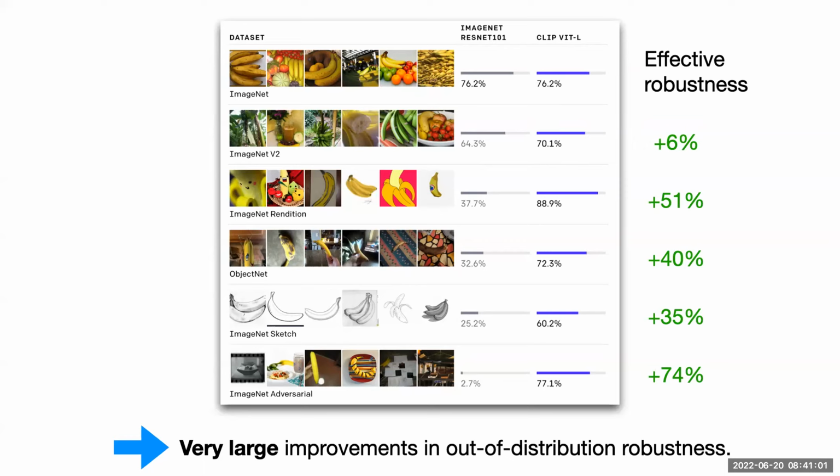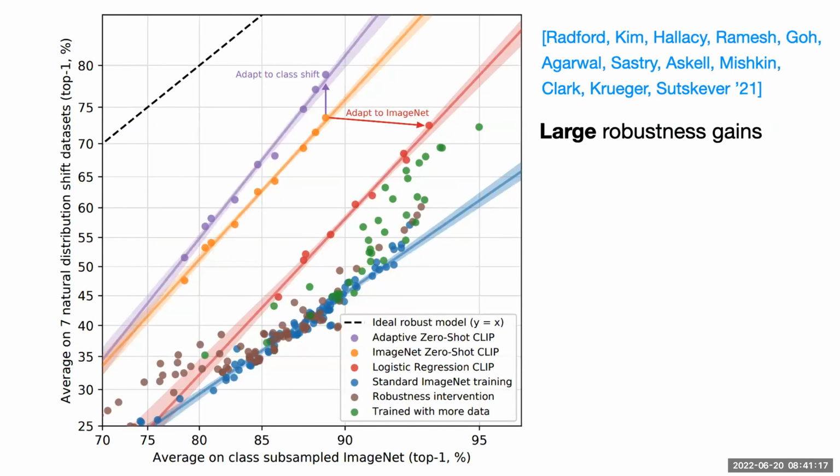If you follow these competitive image classification benchmarks, you rarely see double-digit improvements. And then at plus 50%, I mean, come on, you can only do this once. If you do it a second time, the data set is solved. So I found this really, really cool. And in their paper, they also illustrated this with scatter plots, again following our evaluation framework: x-axis ImageNet, y-axis, they just averaged over 7 natural distribution shifts. The blue line here is the baseline ImageNet training. And then what they got with their CLIP model is the orange line. So the orange line here is basically a zero-shot evaluation with their CLIP model. And you can see that this is vastly more robust than any of the models that came before.